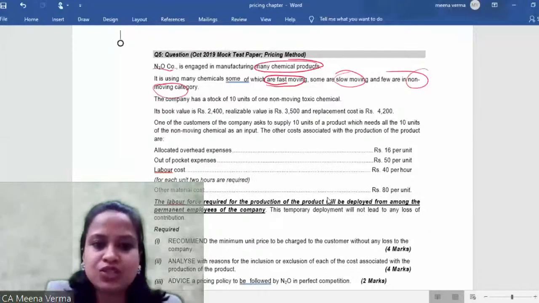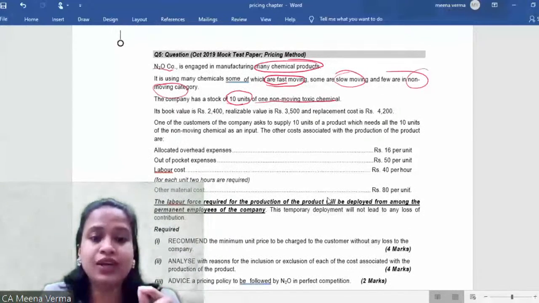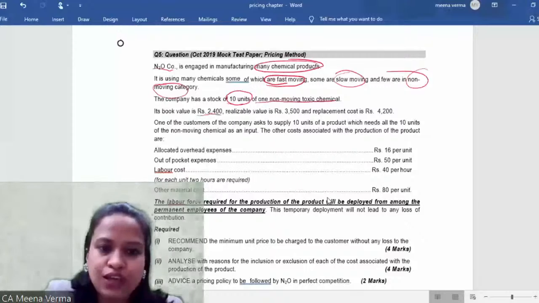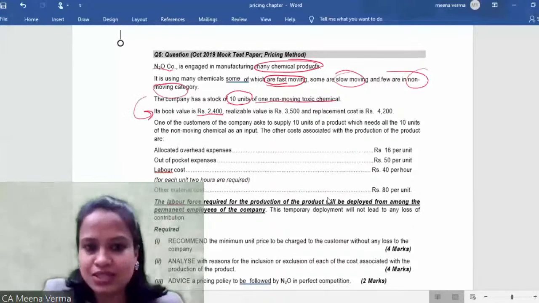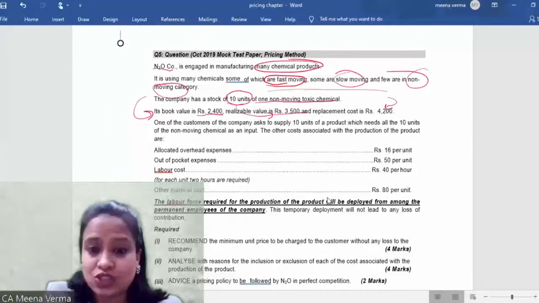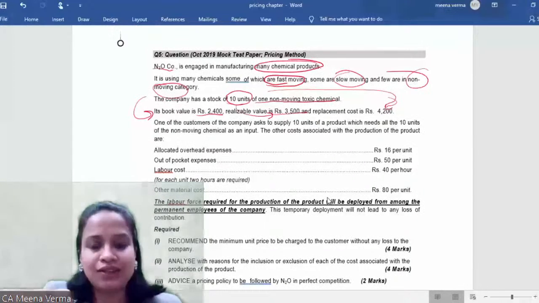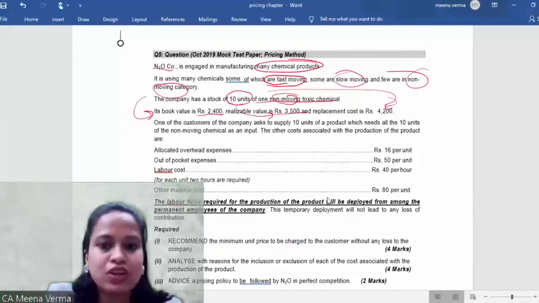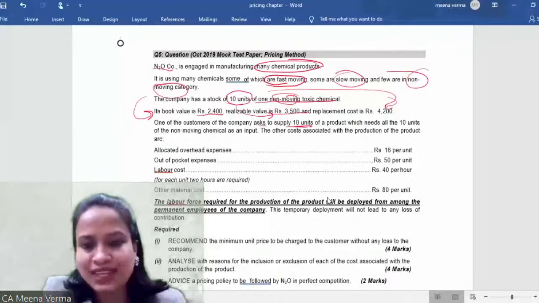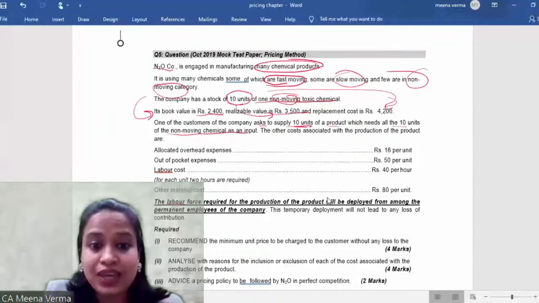The company has a stock of 10 units of non-moving toxic chemical. Now the company has 10 units of toxic chemical in their organization, and the book value of these 10 units, the realizable value, and the replacement cost of this toxic chemical are given. Now, one of the customers of the company asked to supply 10 units of a product which needs all the 10 units of non-moving chemical